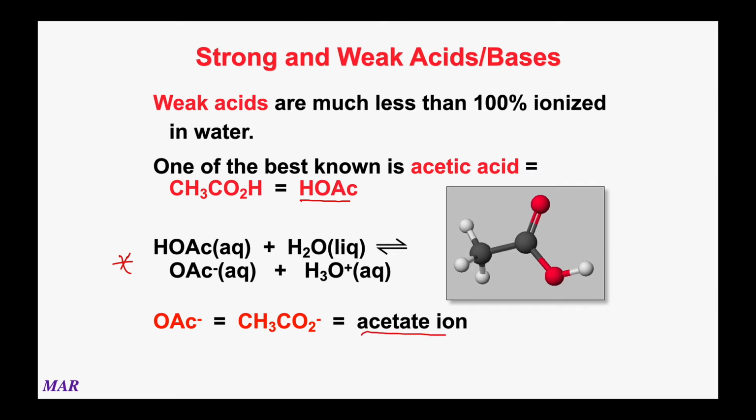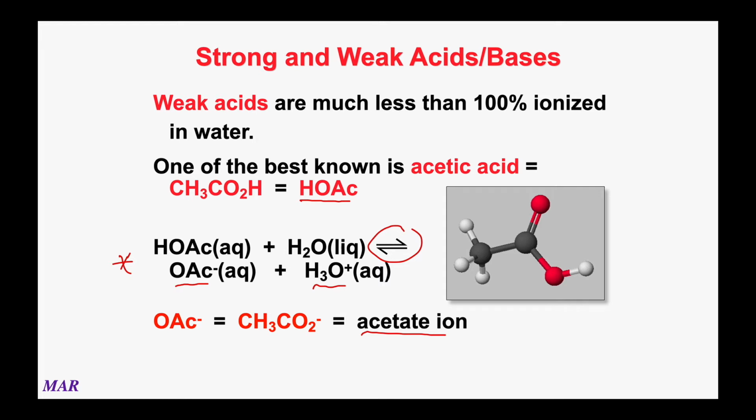Acetate is one of the polyatomic ions we've been dealing with. But anyway, acetic acid plus water does have hydrogen transfer to make hydronium, and you have some acetate. But this is going to be now in equilibrium. All right, you won't have all of the acetic acid breaking down to hydronium, and usually it's much less than